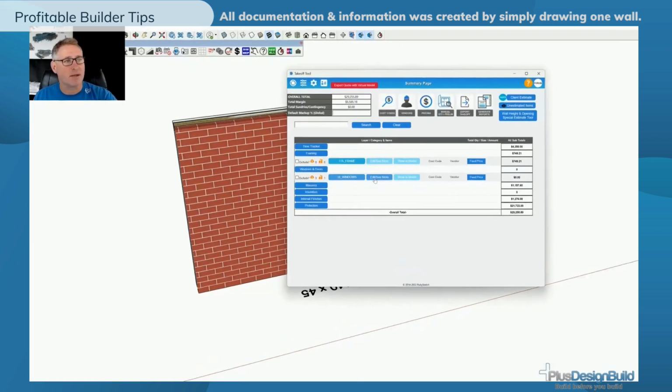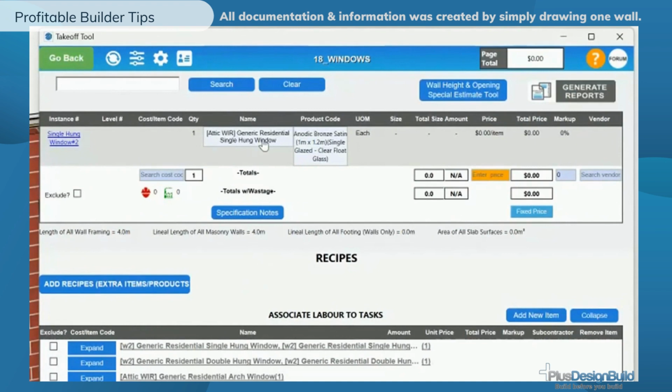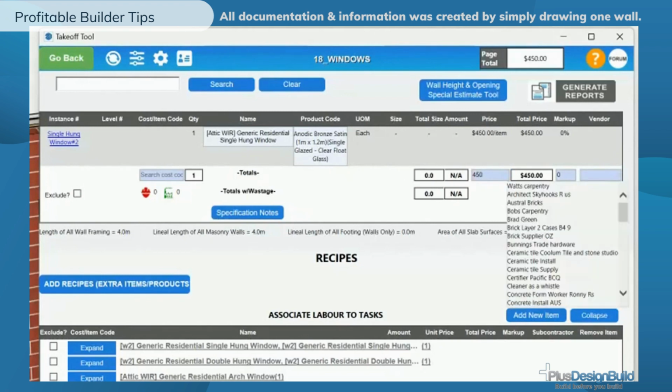I've got my windows and I can go in here and you can see what type of window. What is a single hung 1 meter by 1.2 meter window. I would usually get a price on that. So I would enter a price for that and say, okay, it's going to be, let's say it's $450. I would also put this to a supplier, so I'd give it to my window company,